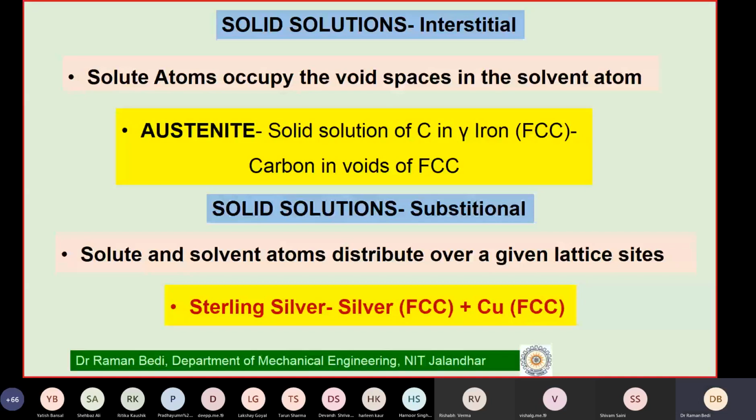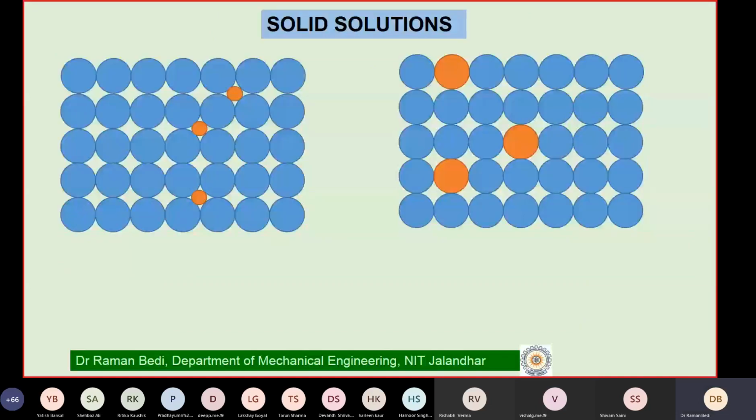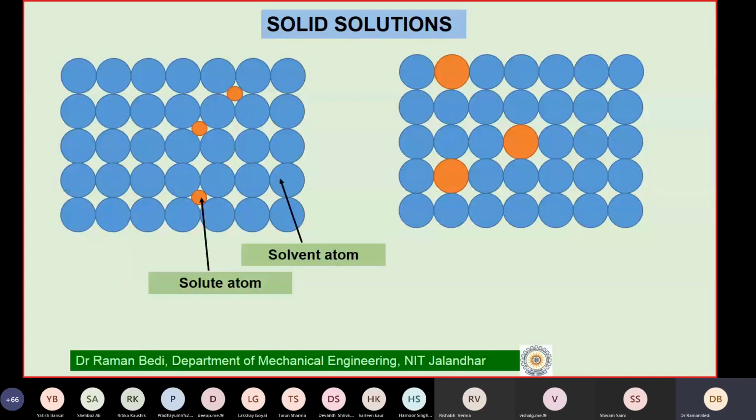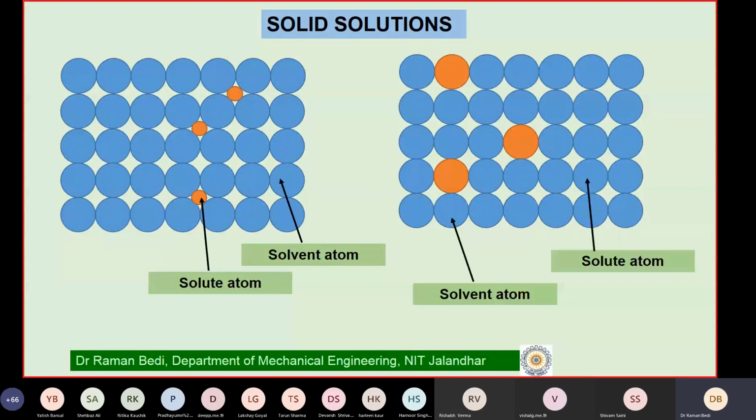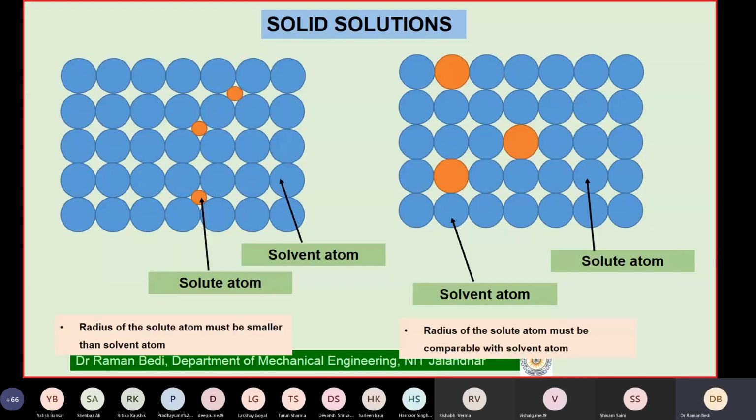When I want to show them graphically, just a simple representation of solid solutions is that on the left side, what you observe is the interstitial solid solution, whereas on your right side, what you observe is the substitutional solid solution. So one of the conditions is that the radius of the solute atoms must be smaller than the solvent atom. And this one is for substitutional ones, and this is representing your